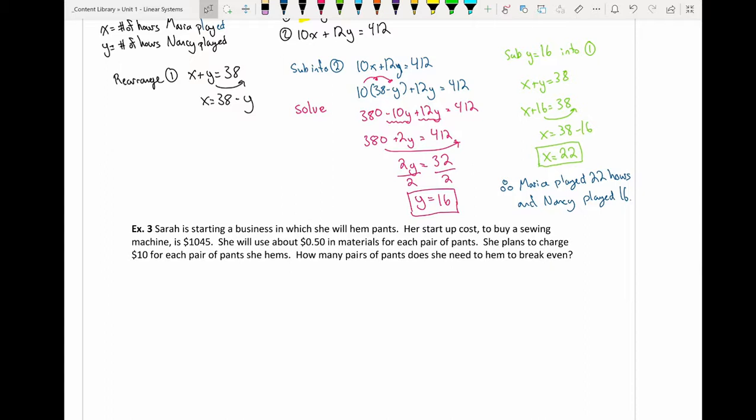How many pairs of pants does she need to hem to break even? So again, the first thing we want to do is come up with an equation to represent this scenario. We're going to have to come up with one for her cost, so C equals, and one for the revenue, so R equals